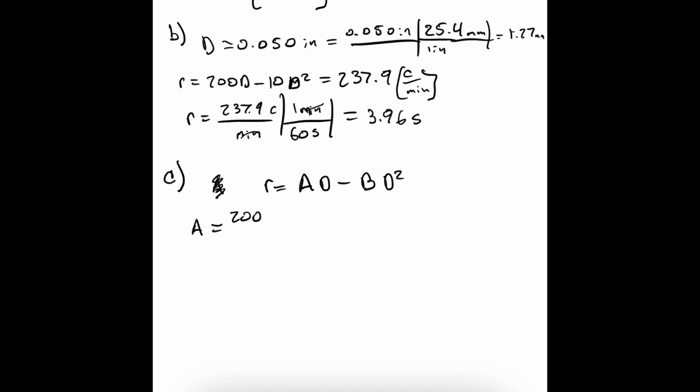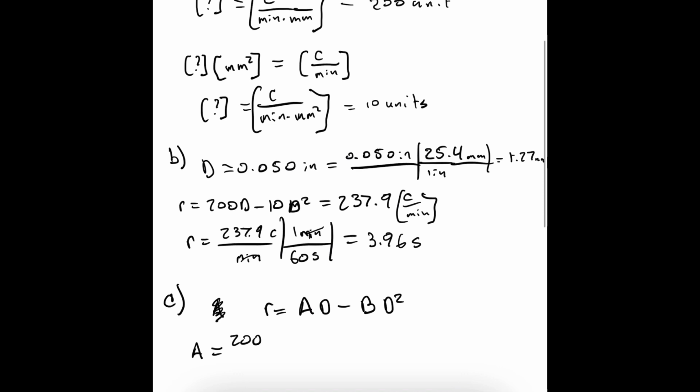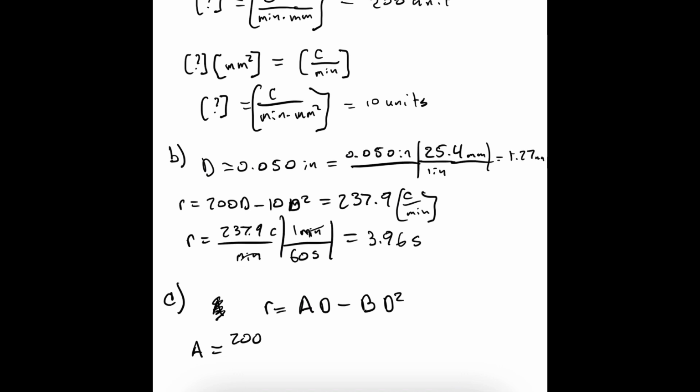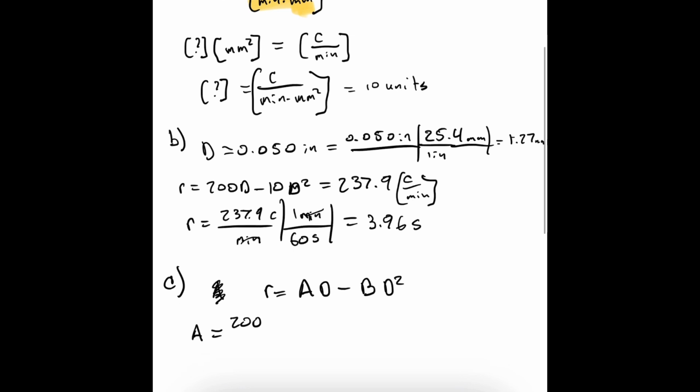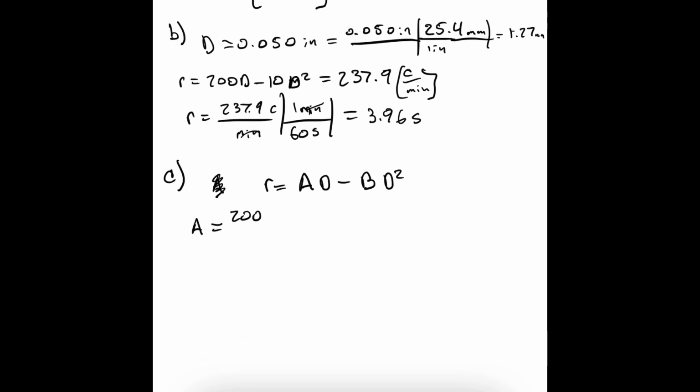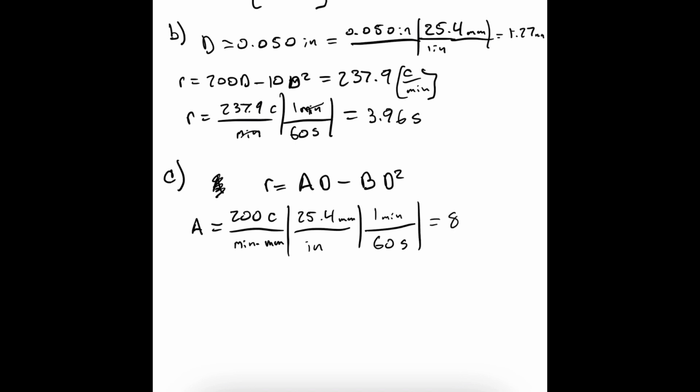So 200, and we said that the units of 200 were crystals per minute millimeter. We need to convert this into inches and seconds. So 25.4 millimeters in 1 inch, and 1 minute there are 60 seconds. So that means A equals 84.7